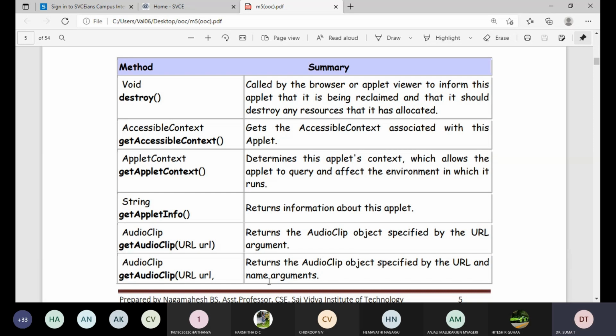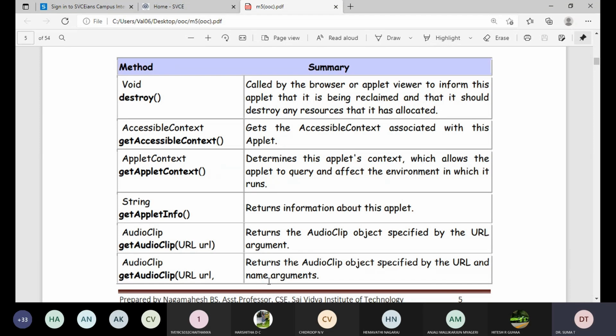Next is getAppletContext. See, getAccessibleContext is a different method and getAppletContext is a different method. getAppletContext determines the applet context, which allows the applet to query and affect the environment in which the particular application executes.